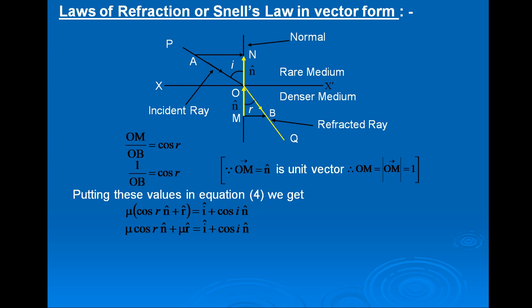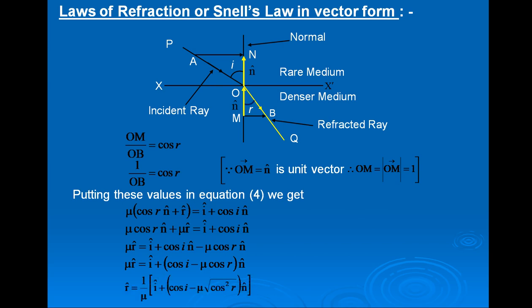Taking mu cos r into n cap to the left hand side, we get mu into r cap is equal to i cap plus cos i into n cap minus mu cos r into n cap. On the right hand side, from the last two terms, take n cap common, so we get mu into r cap is equal to i cap plus, within the bracket, cos i minus mu cos r into n